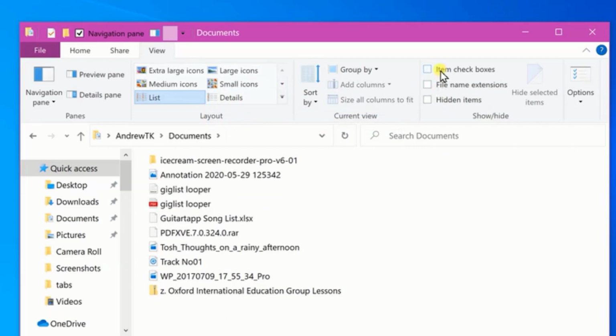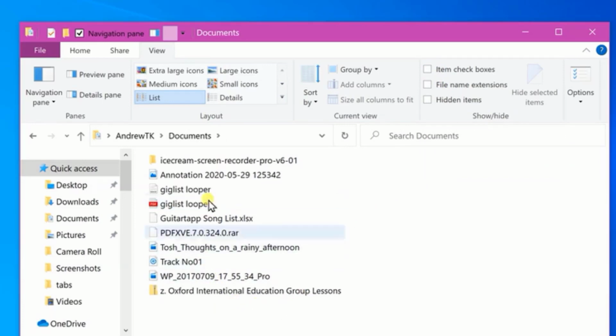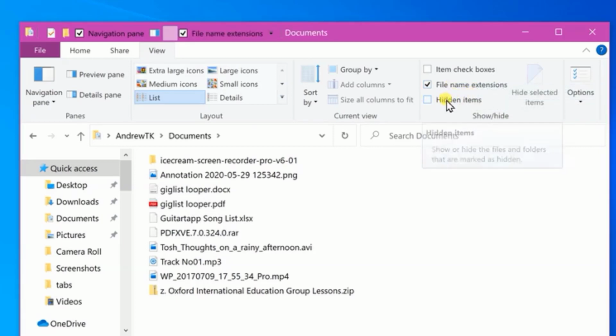Next, I want to add this file name extension, because you'll notice here I've got a bunch of items, but I'm not sure what they are. This one might be a PDF, this one might be a document, I'm not sure. The best way to find out is if we can add this extension. So I'll right click and add that, and also I'll right click and add hidden items, in case sometimes you need to go into the back end and open a hidden folder, or you have a folder you made hidden to hide some information from